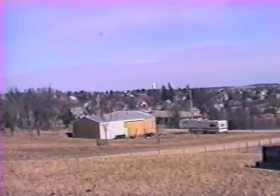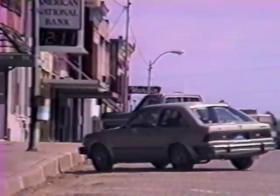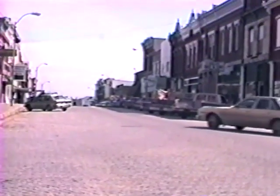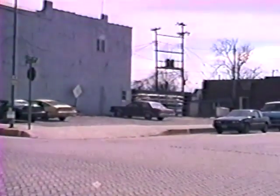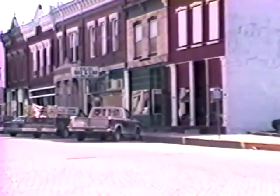So again, we'll pan out, zoom out. Again, standing at Court and Main. Looking down to Main Street. Traffic's horrendous here. Parking lot where Les Gailey used to have his grocery store. I don't know how well this is going to show up, but we'll